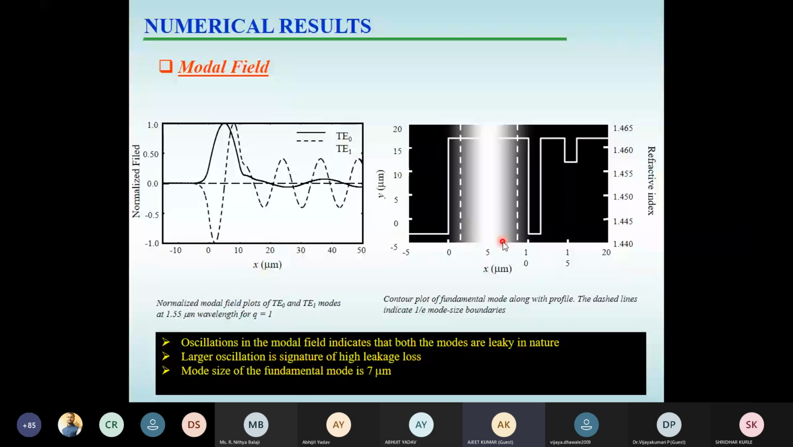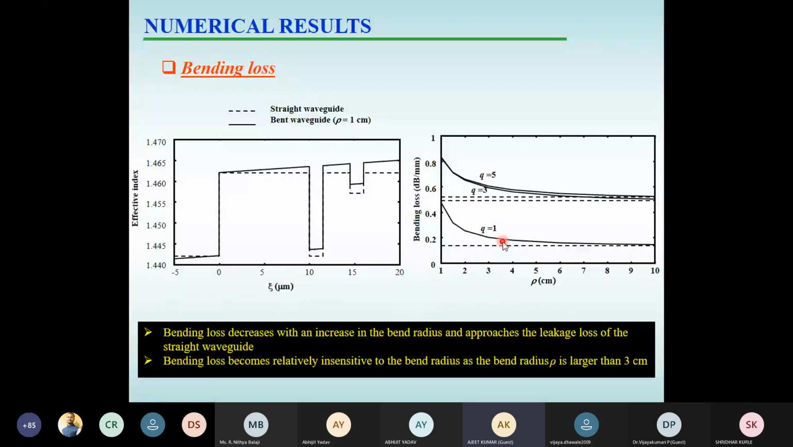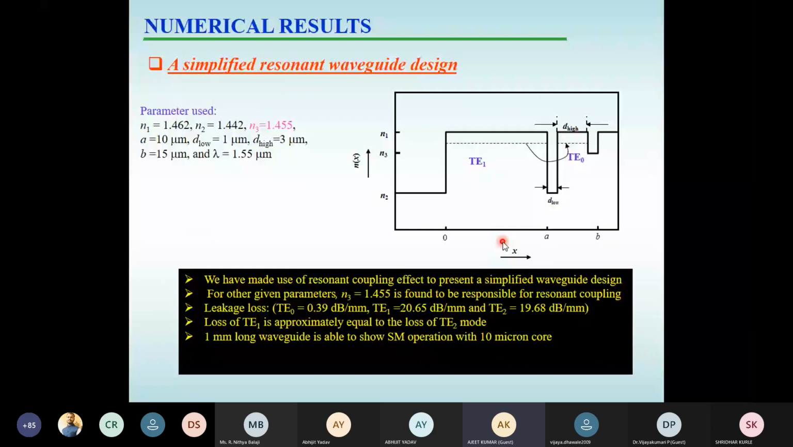Once again, since it comes from the resonant coupling, in order to give the simplest design, we have not taken so many low and high index regions. We have just taken 2 low index regions and 1 high index region in the cladding. By just tailoring the refractive index N3, which is the low index region in the cladding, we have tried to tune the coupling of the first higher order mode with the fundamental mode of the outer region,